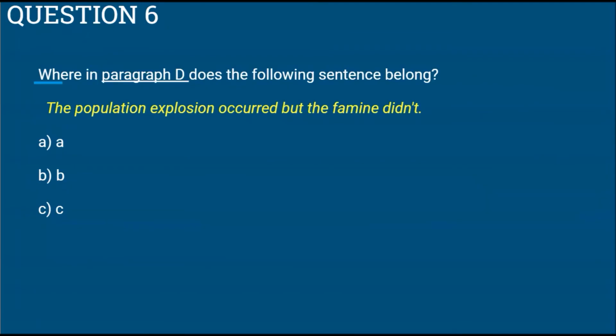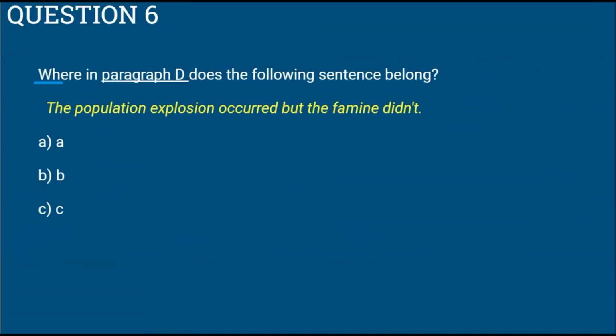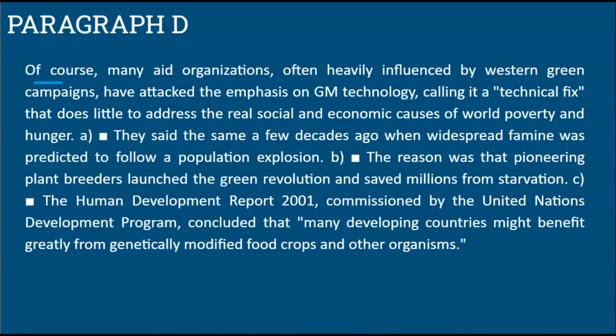Question 6 asks this: where in paragraph D does the following sentence belong? And the sentence is, the population explosion occurred, but the famine didn't. So where does this sentence go in paragraph D? Is it going here, here, or here? So now you can pause the video and read the sentence again carefully. If you have already done so, now you can carefully read the paragraph and try to find where that sentence